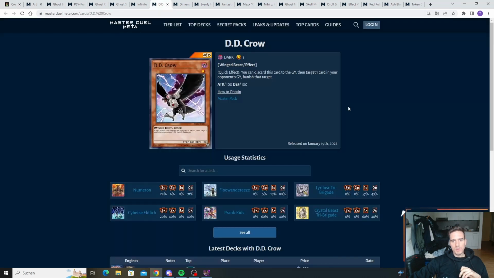DD Crow, this is more of a niche application. I would say this becomes better when Tier Element comes out, because Tier Element heavily interacts with the graveyard, so you can take their Tier Elements names and then banish them so they cannot use their effect. In this current format,